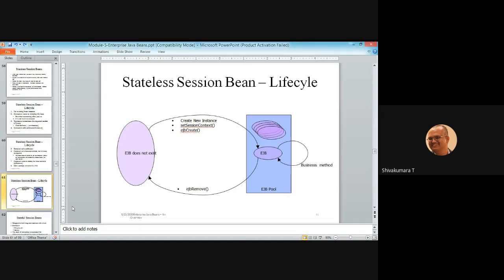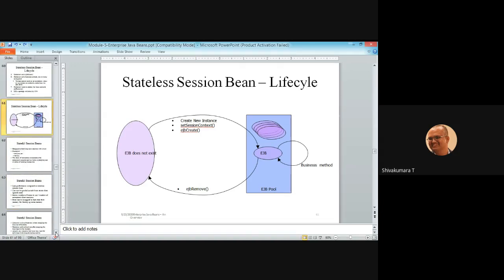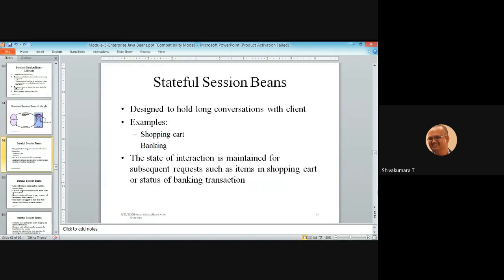Now, stateful session bean. Stateful session bean is designed to hold long conversations with the client. Long conversation means it is time bounded, when a session is mentioned. For example, a shopping cart. Shopping cart is an application which uses sessions.